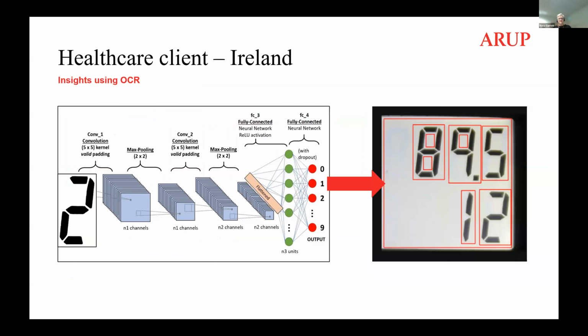Okay, so the next one is the healthcare client. For a healthcare client in Ireland at the start of COVID, when obviously there was a massive demand on the oxygen capacity when the hospitals were filling up with COVID patients, we did this project for a healthcare client who didn't have smart meters at their location. So what we had to do was get a subcontractor to go out and put cameras in front of the digital meter that was on the oxygen tanks and take photographs of that and send that data back via API